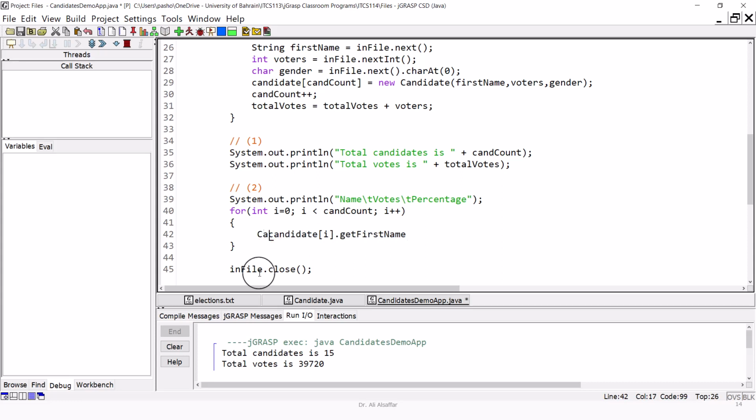So here we can say candidate, and we will call the variable cand, short for candidate, and in every iteration we are going to save the reference of candidate i into this variable. And then we can use this variable to display the name, votes, and percentage. So system.out.println, first for the name, cand.getFirstName. This is the getter for the name, followed by a tab, followed by